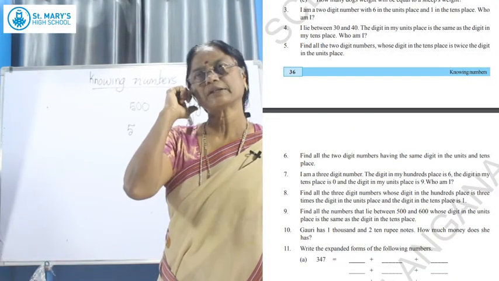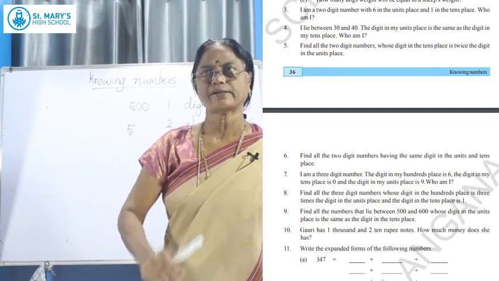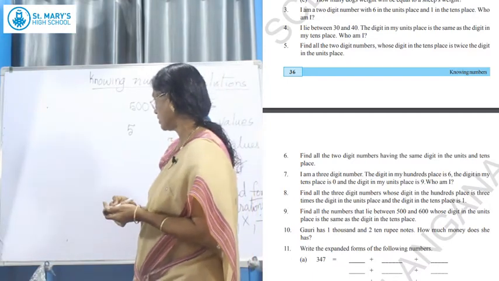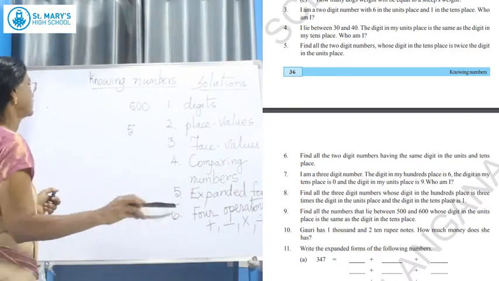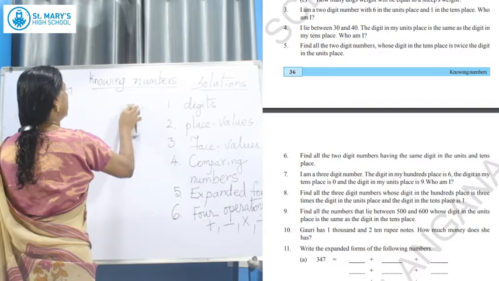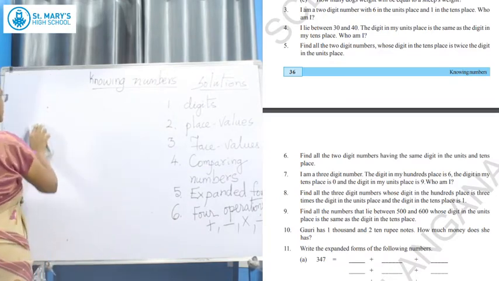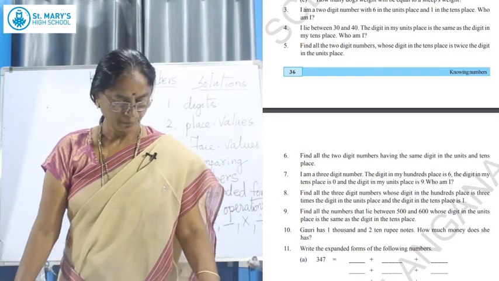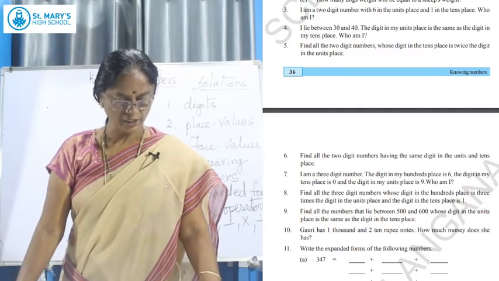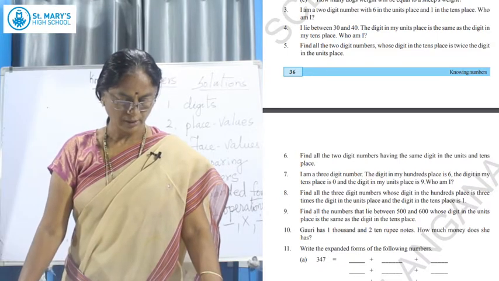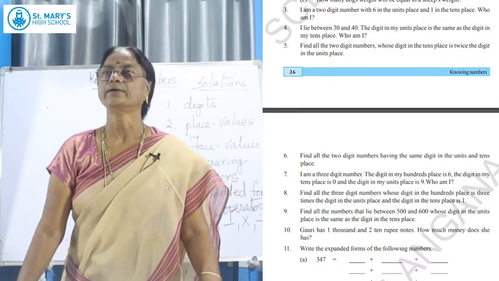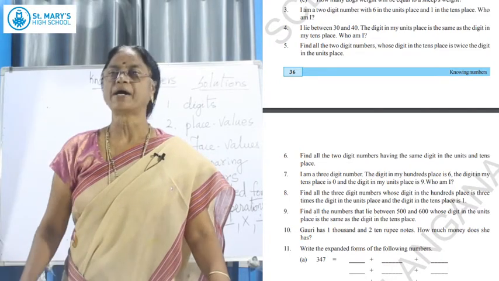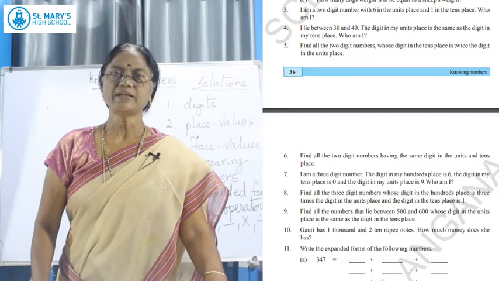See there, page number 36, I have given you 3rd and 4th as homework, but anyhow, we will check once again that 3rd question, how to write that 3rd answer. See here, what is the question? Read the question there. I am a 2-digit number with a 6 in the units place and 1 in the tens place. Who am I?